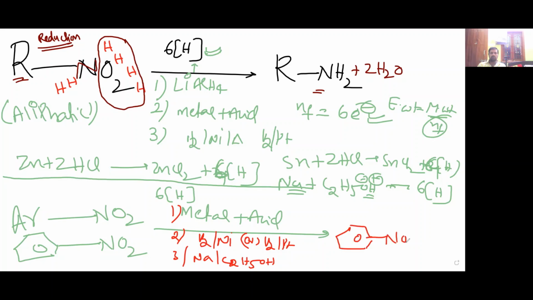What is the difference here? Please observe that there is no LiAlH4. Please remember, there is no LiAlH4. LiAlH4 is used for aliphatic NO2 groups, which are converted to amines. Aromatic NO2 groups are not converted to aniline. Understand? So this is treated with, suppose, nitrobenzene. I'll write it.